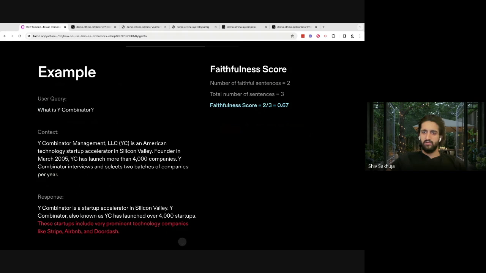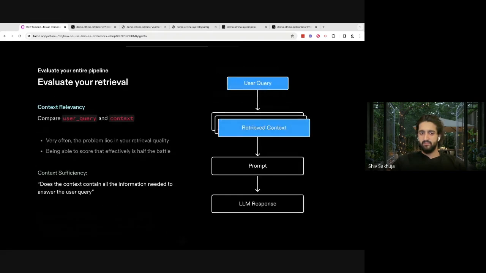Another thing you might have noticed is that I'm going pretty deep on this faithfulness evaluator, but very often the problem is actually one step before. It's in your context, in your retrieval step. That faithfulness evaluator assumes that your context was good, but that's not necessarily true. So a really important thing when setting up an evaluation pipeline is that you want to evaluate your entire LLM inference pipeline,